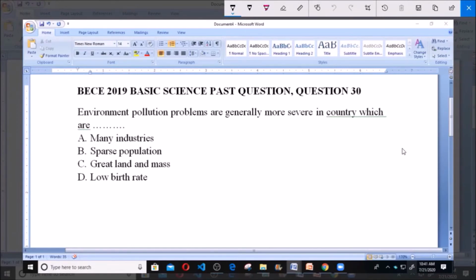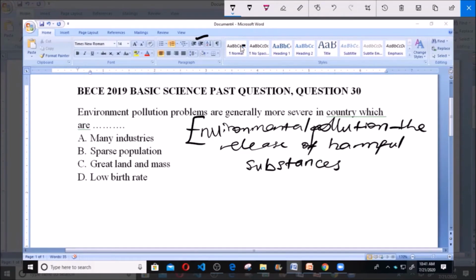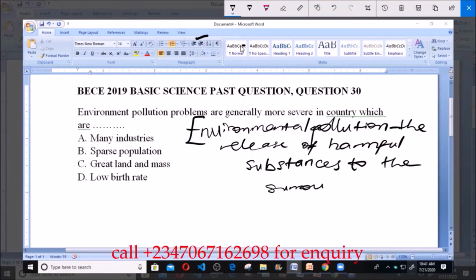Environmental pollution simply means the release of harmful substances, be it liquid or gases or solid, to the surrounding, or the what? Environment. That's just what environmental pollution means. So now the question says environmental pollution problem will be severe